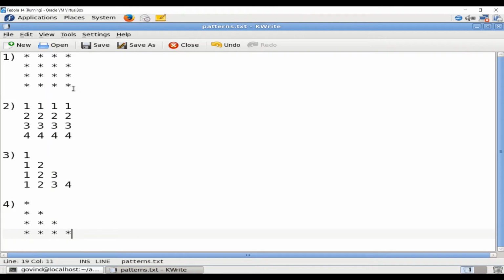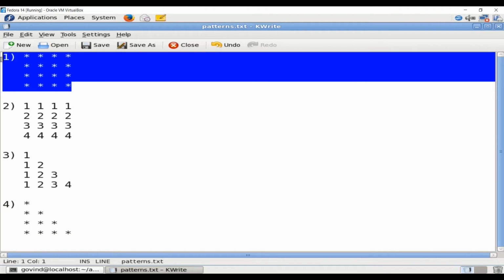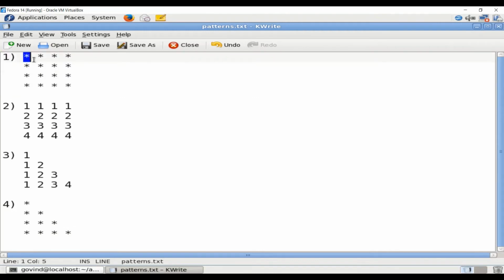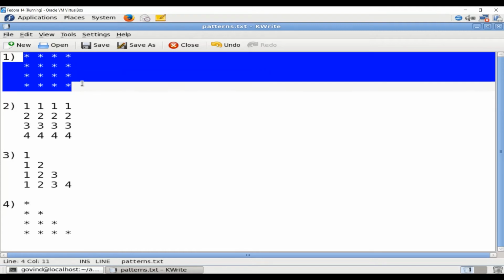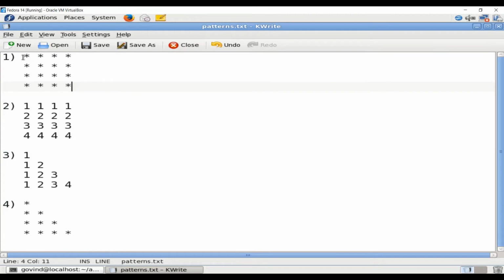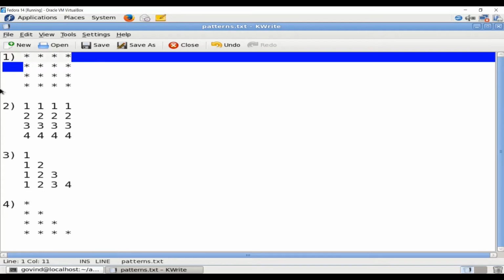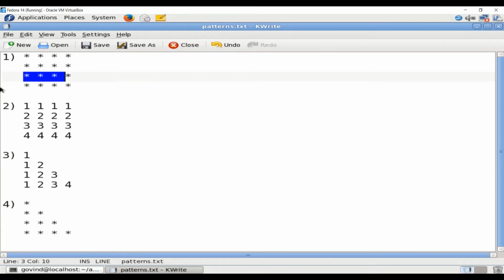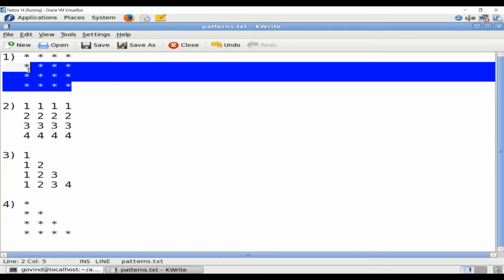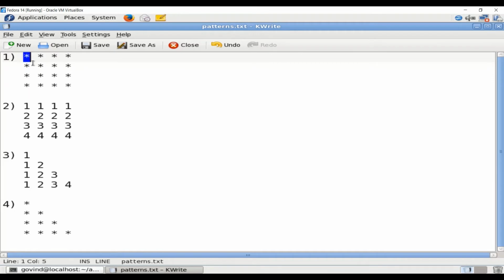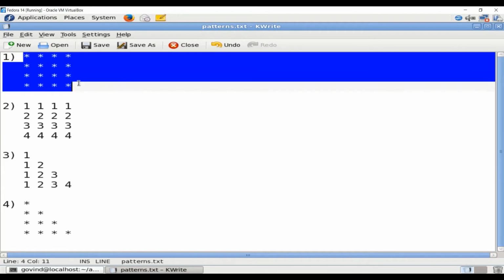We will now try to write the program that generates this pattern. If you observe this pattern keenly, you would notice that this pattern consists of star symbols arranged in 4 rows and 4 columns. So if you are trying to write programs on patterns like this, you need to identify how many rows and how many columns are to be processed.